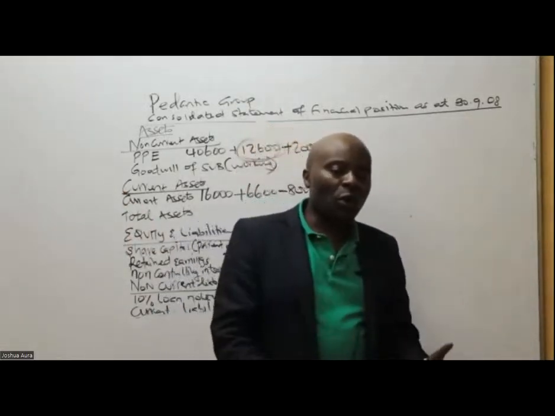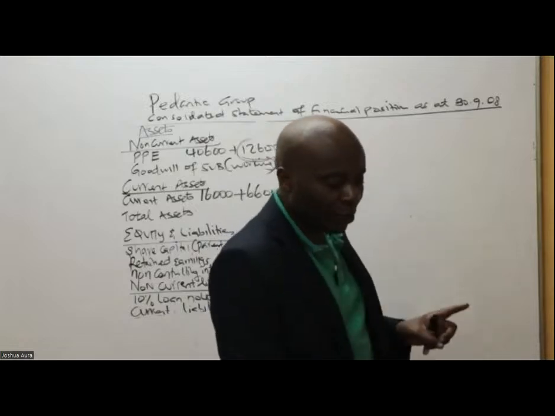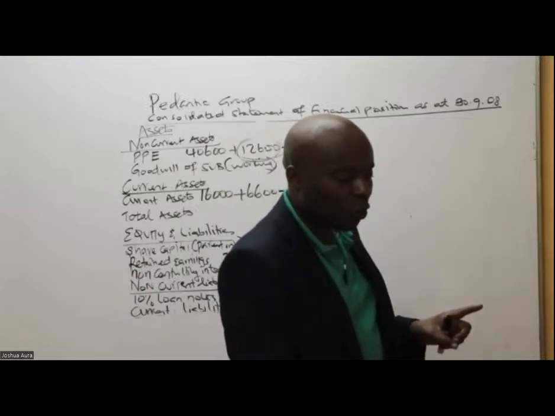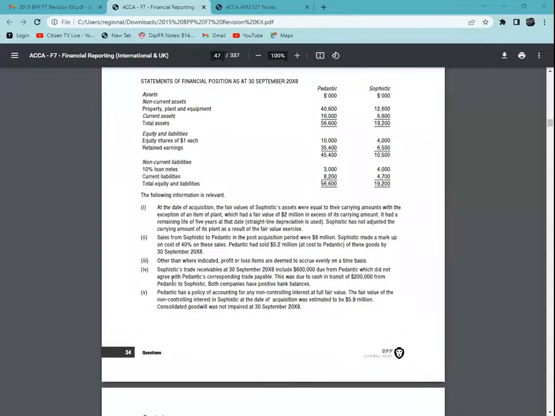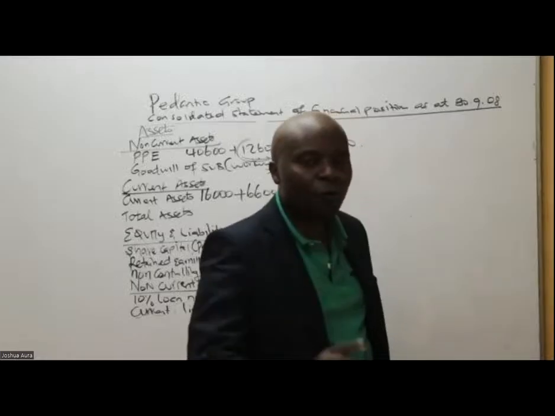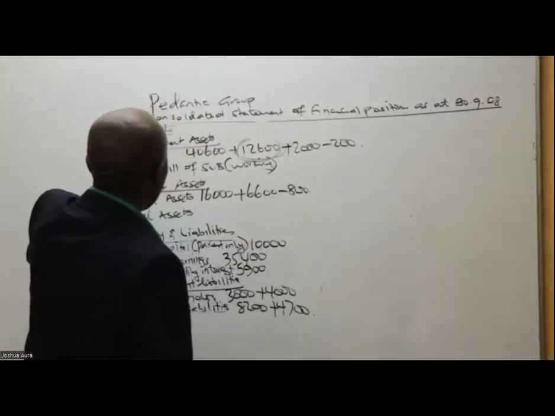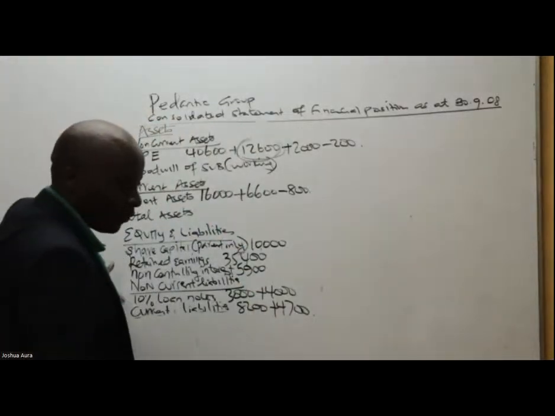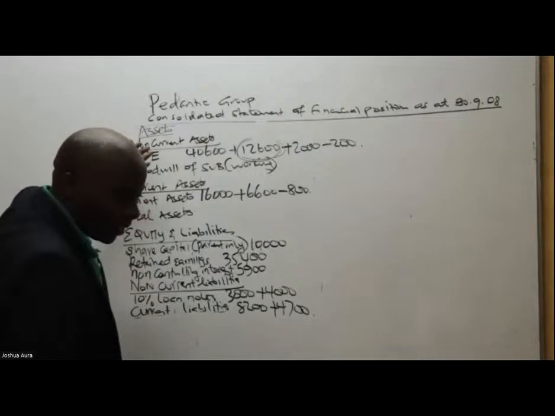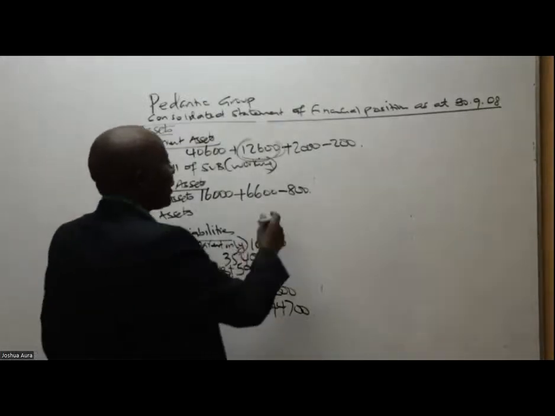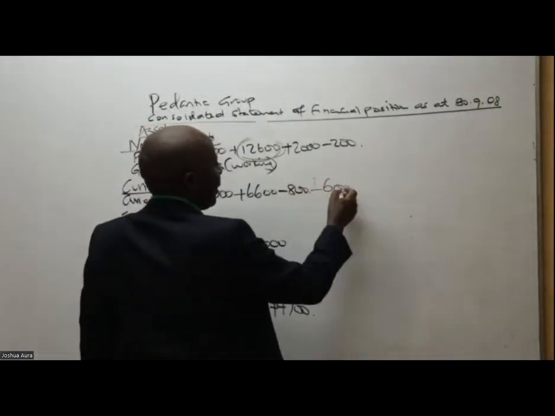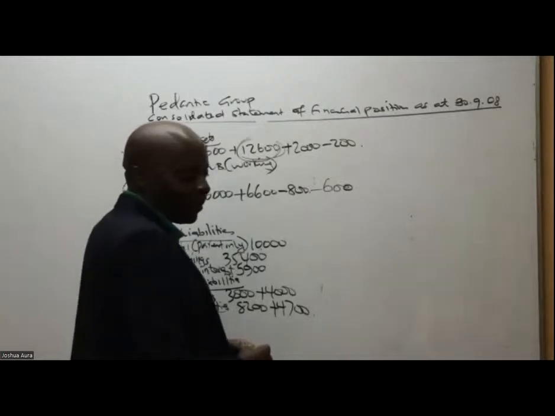So I need to go, ladies and gentlemen, to the receivables. Sophistic trade receivables include 600,000 from the father. Haiwezekani. So please go to the receivables and strike off that 600. Where do I find receivables here? Current assets. So kwa current assets enda pale sema minus 600. Tunaenda vizuri sana. Sema hapo minus 600. Alafu endelea kusoma